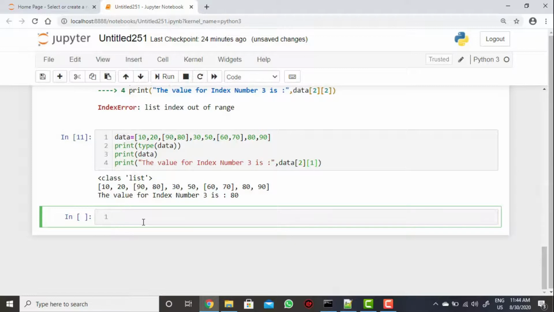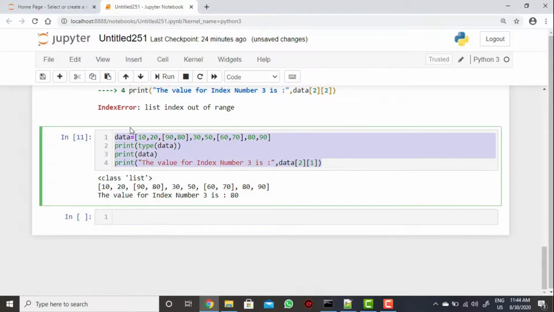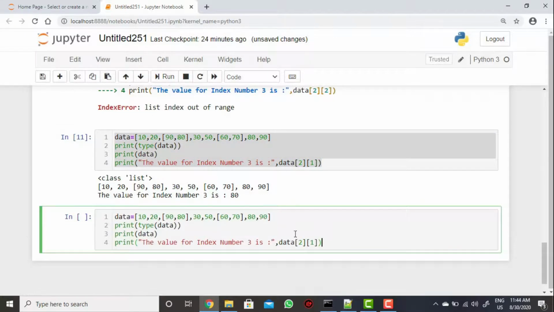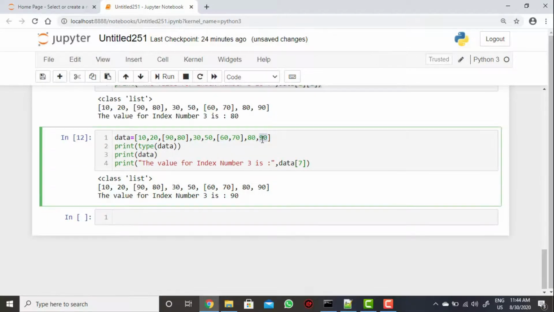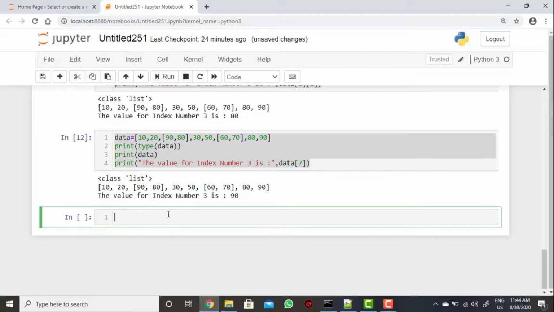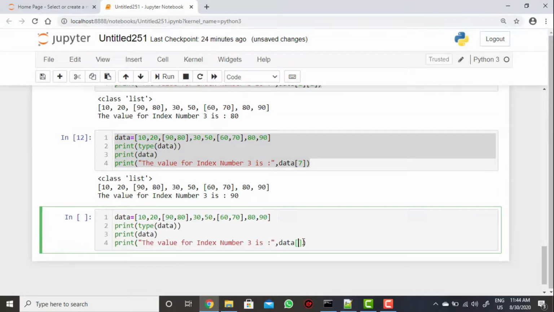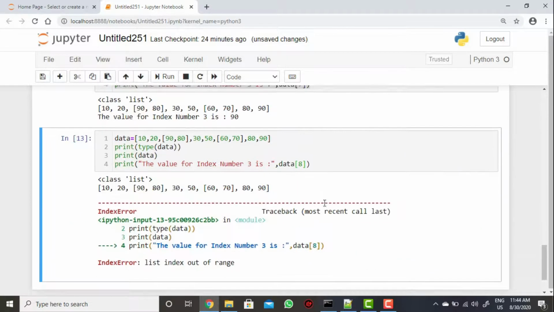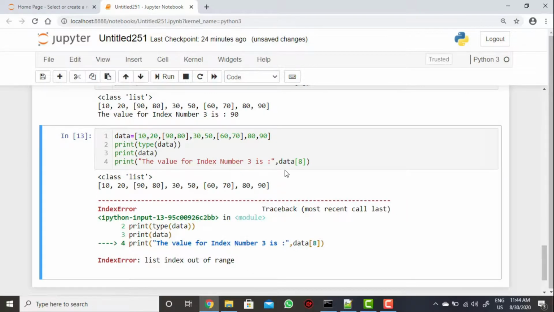Now when you are trying to display the index number 7, you can see 90 will be there, the last index number. When you do it for 8, it will throw an error, similarly, list index out of range.